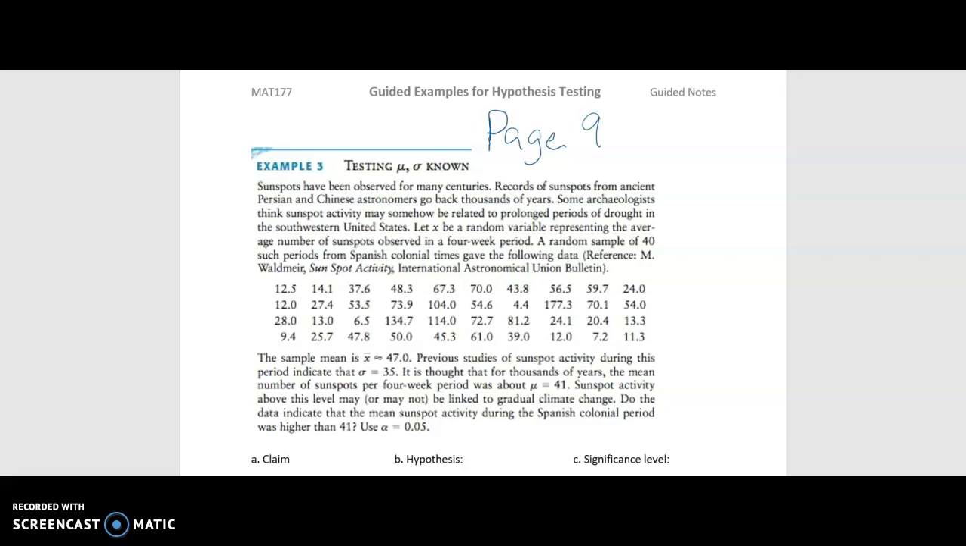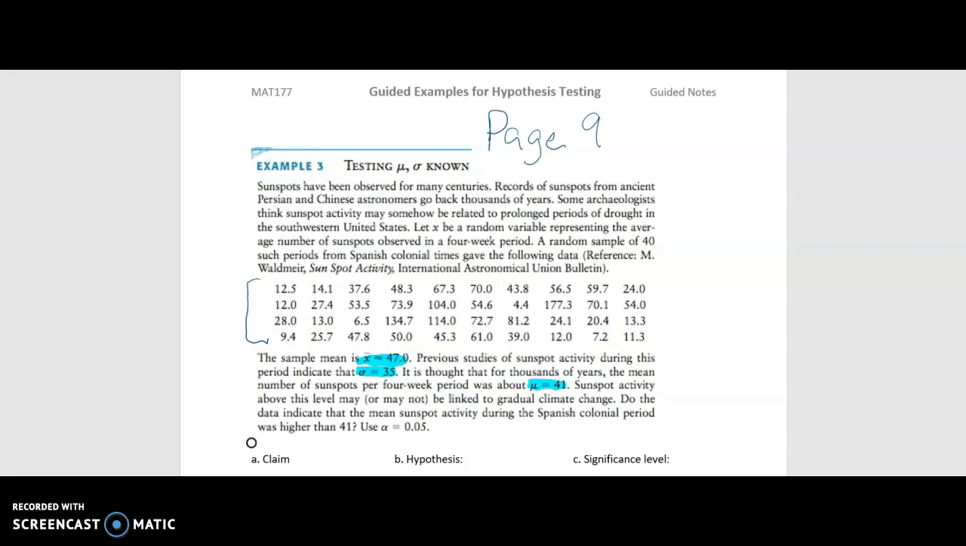There's a reference listed, and you can see the data right here. There's 40 pieces of data. The sample mean is 47. X bar is 47. Previous studies of sunspot activity during this period indicate that sigma is 35. Sigma is your population standard deviation, and it makes a big difference in the problem whether we know sigma or not. It is thought that for thousands of years, the mean number of sunspots per 4-week period was about mu